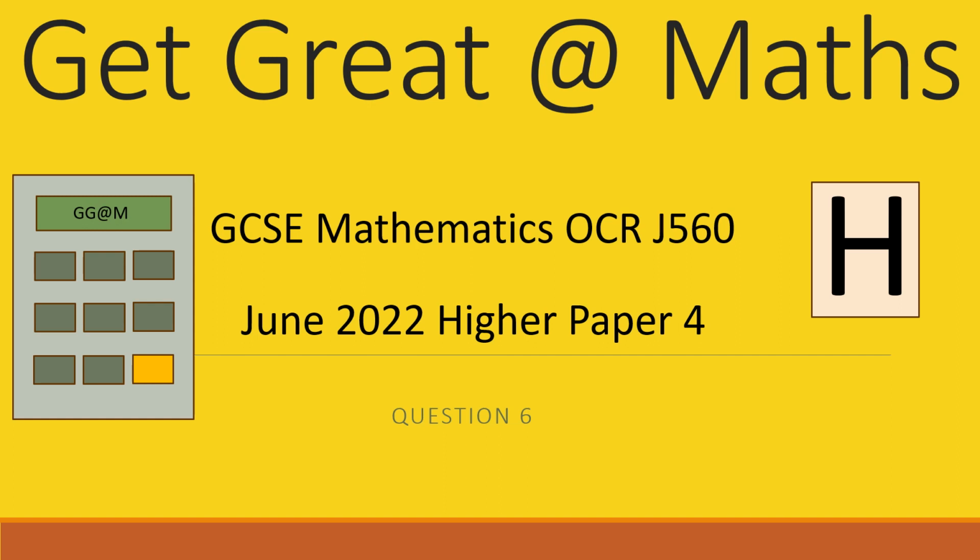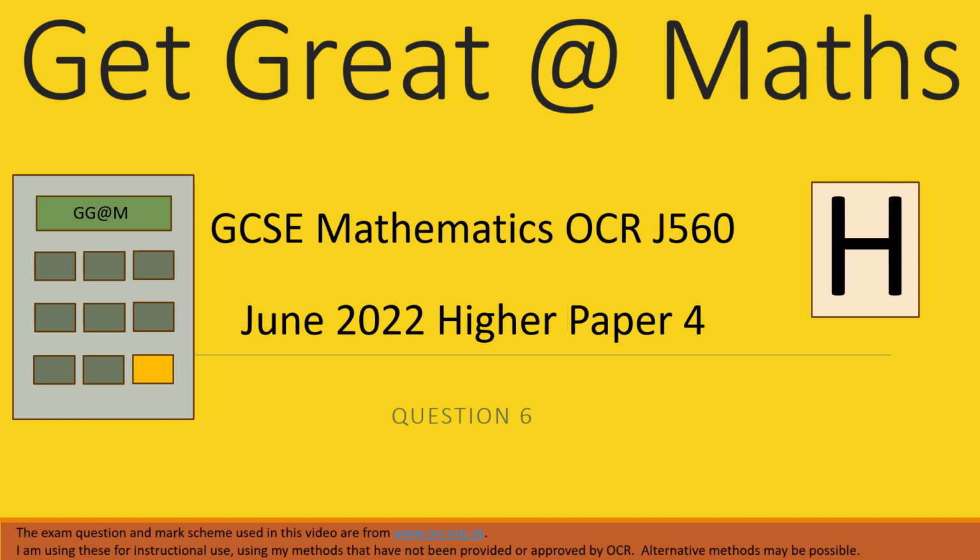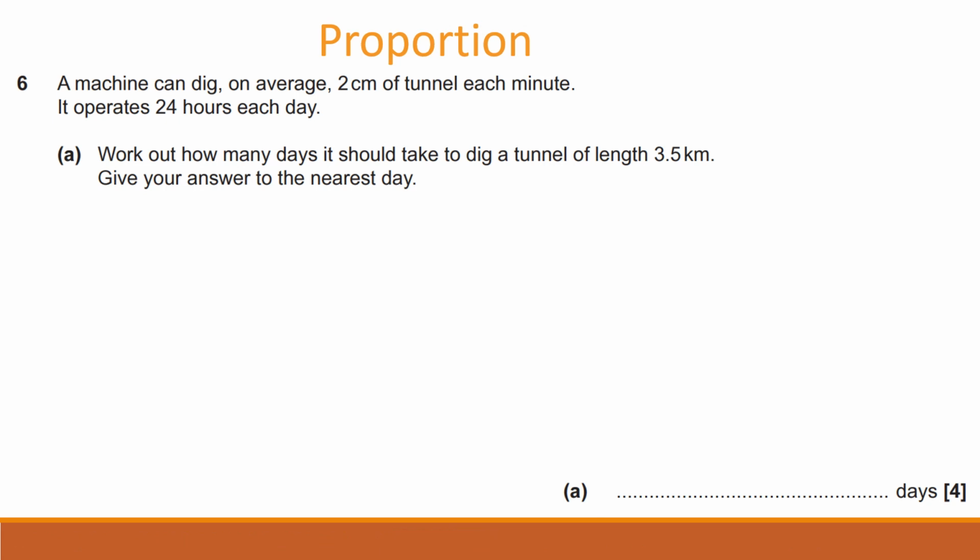Today's video we're looking at a GCSE Mathematics OCR J560 exam paper question from the June 2022 higher tier paper 4. This is a calculator paper and we're going to be looking at question 6. Now question 6 is a question to do with proportion. This is quite a wordy question, so make sure you read the question carefully and highlight key words from within